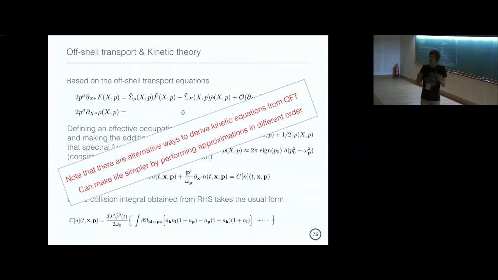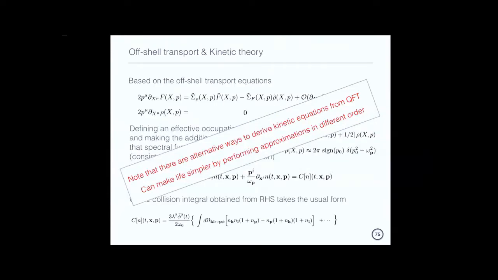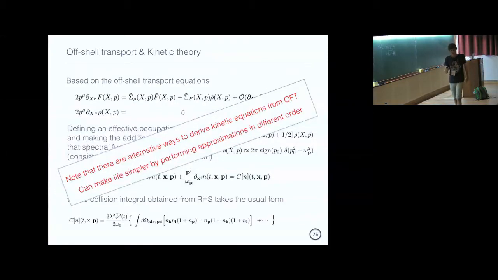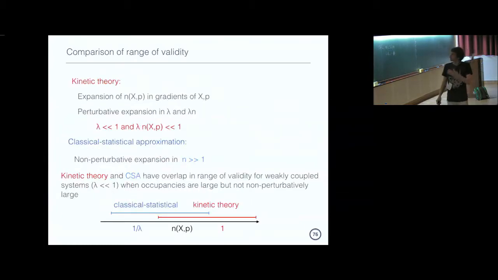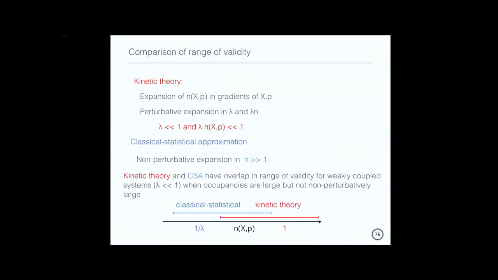You can perform these expansions in various different orders. For instance, you could first set all your stuff on shell and then just calculate the scattering matrix elements, and that's typically a much more direct approach. I find this approach rather systematic, and it makes it apparent what levels of approximation are involved. So what we learn from this, and why we take all these steps, is that we now learn what the assumptions are that go in.